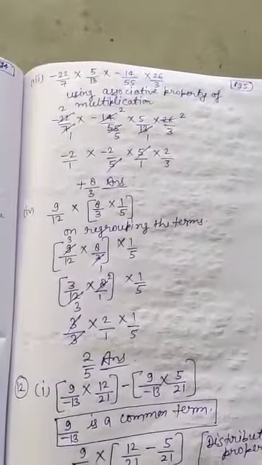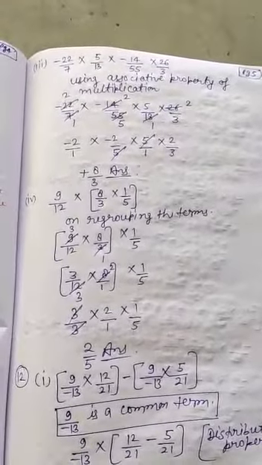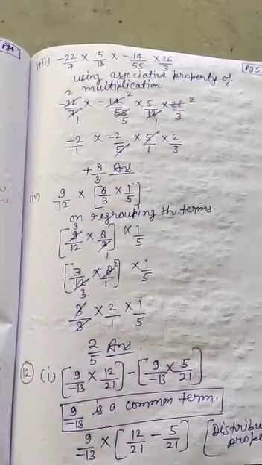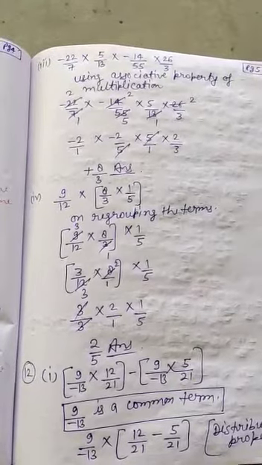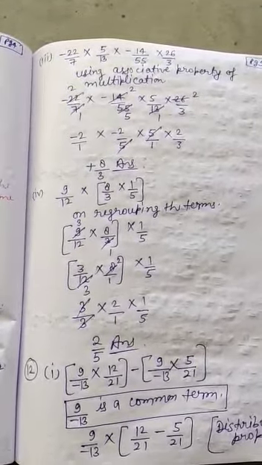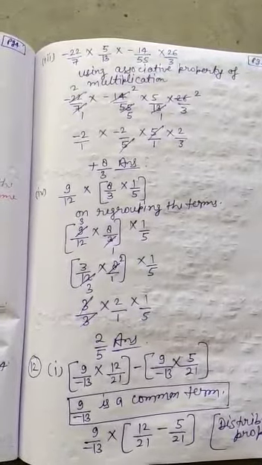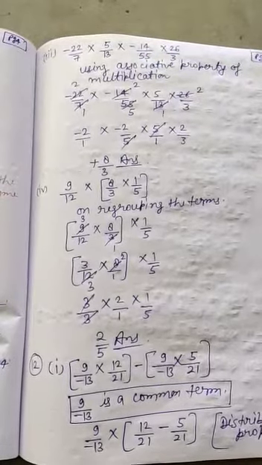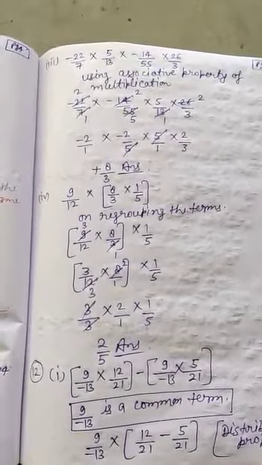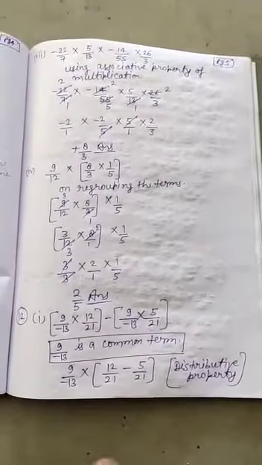In the same way, the next question is for multiplication. So you can see the first rational number and third rational number are divisible by 11. That's why we are regrouping. In the first two numbers we are dividing by 11, and in the last two rational numbers we are dividing by 13, and finally we are getting 8 upon 3. In the same way we are regrouping in all the questions.